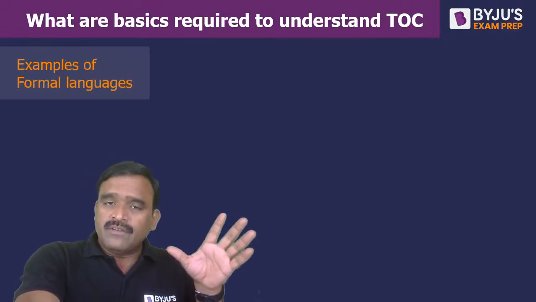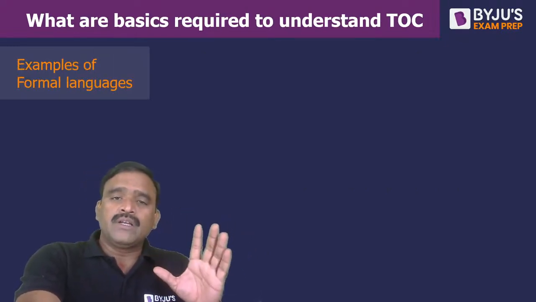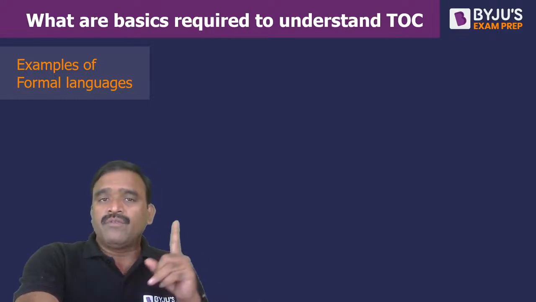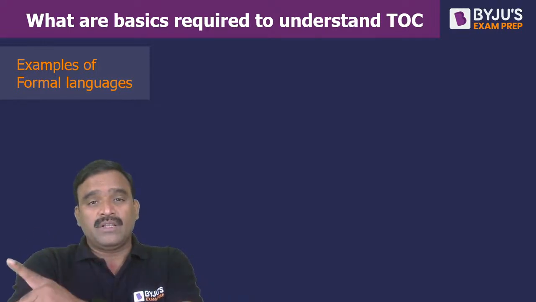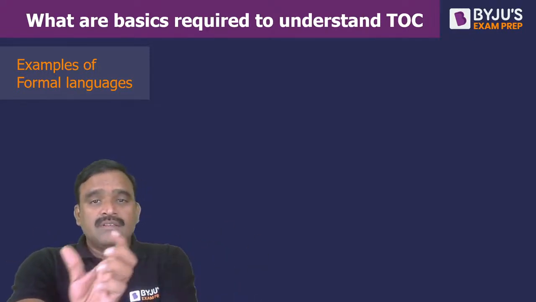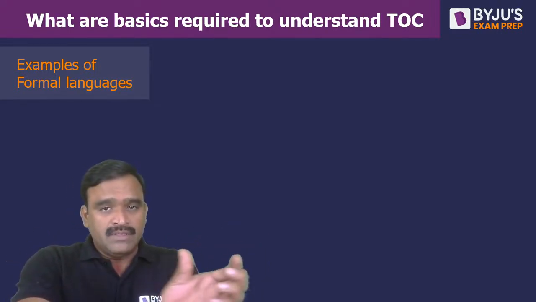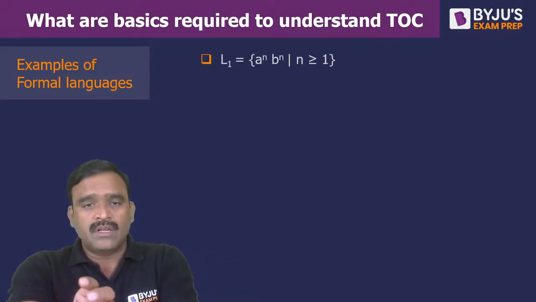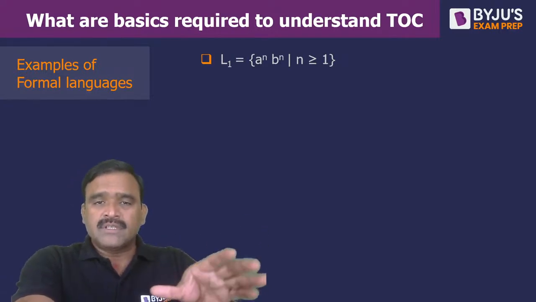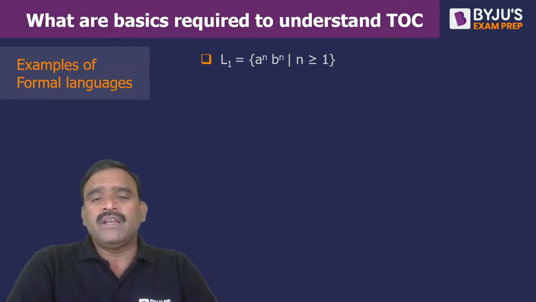Examples of formal languages are very, very important throughout our topics. We are going to analyze formal languages and automata theory: what is a language and what is an automaton? For regular languages, how to construct finite automata. For context-free languages, how to construct pushdown automata. So like this. Language is a collection of sentences with some predefined meaning.